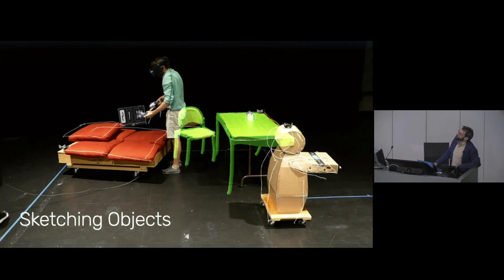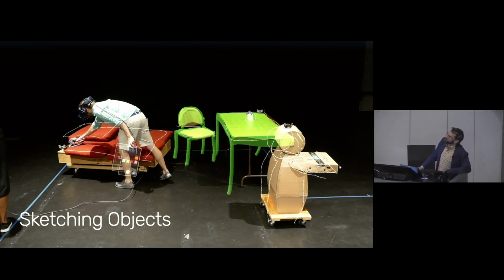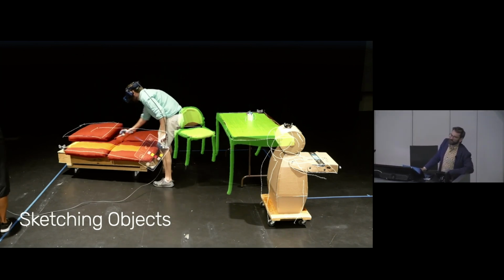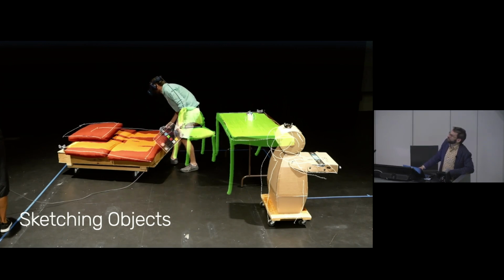So we were like, let's prototype the environment first. Here we have a bed that can transform. We have a robot. We're going to have a desk. It's a small space, but we'll make do with technology. And so first, we're going to design that environment with found objects and crafted objects. And so this is kind of like our own discount version of Google Tilt Brush, kind of like a cheap sketching software